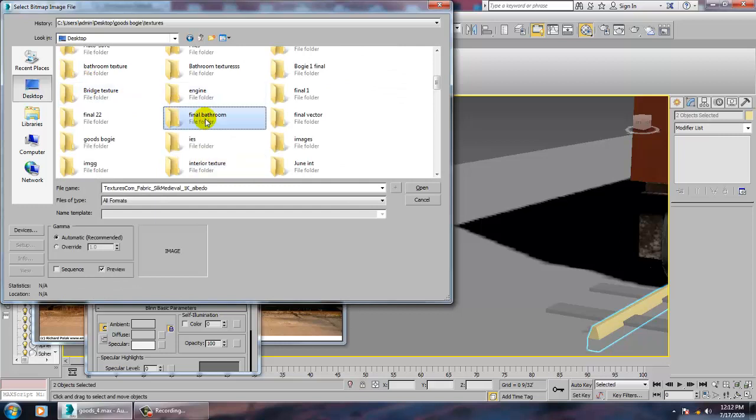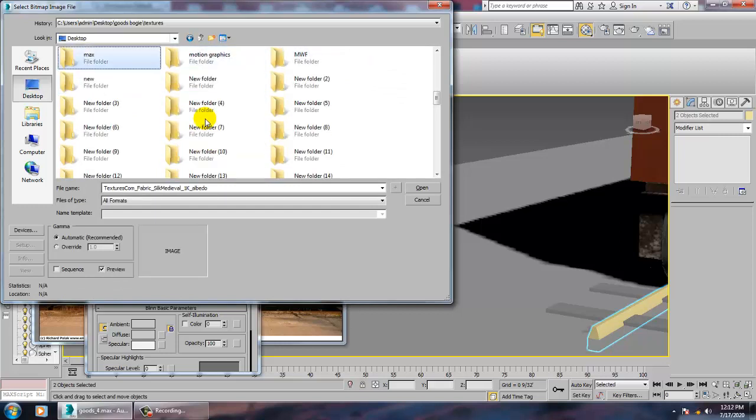Or metal texture. You can go with some metal textures also.